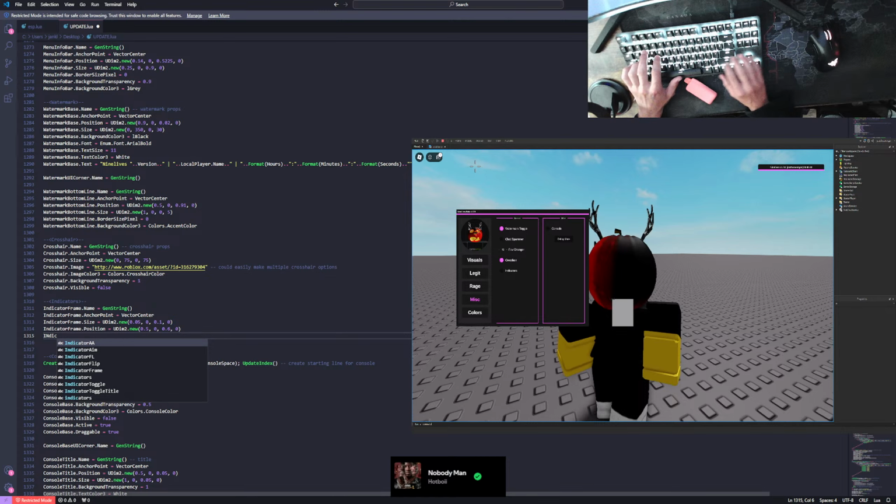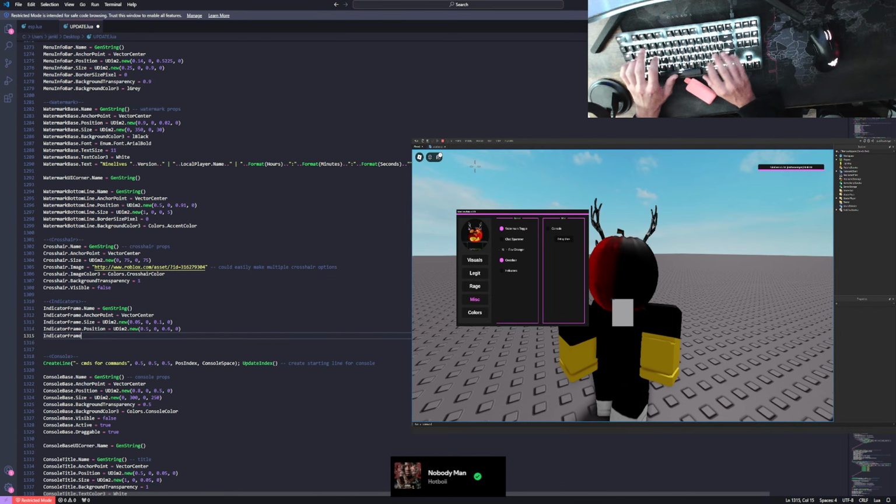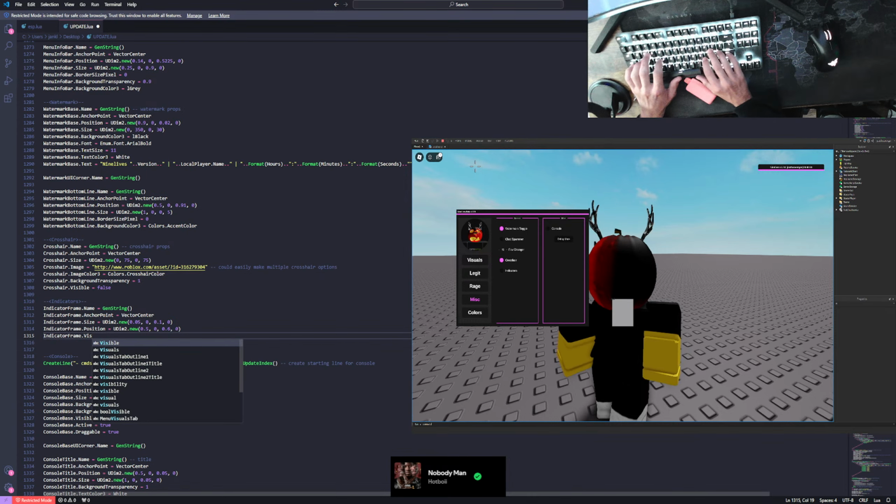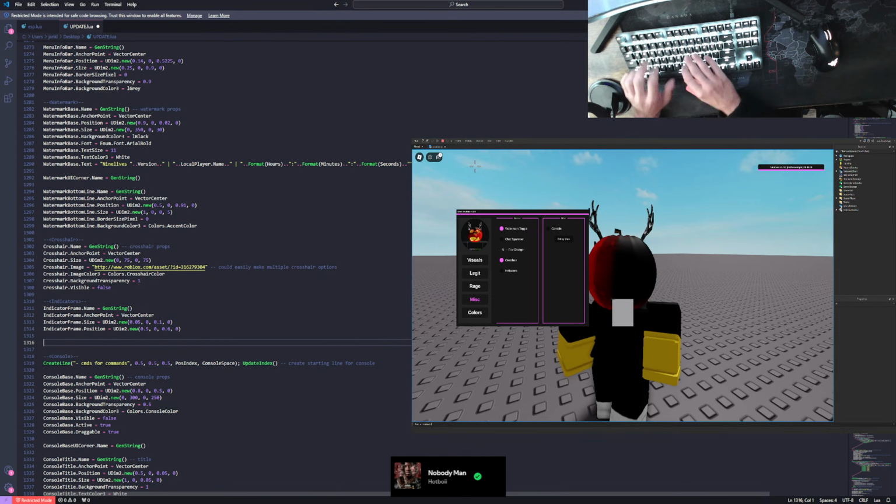Indicator frame dot visible. Well, I'll do that later because I need to debug for now. So next thing, indicator aim